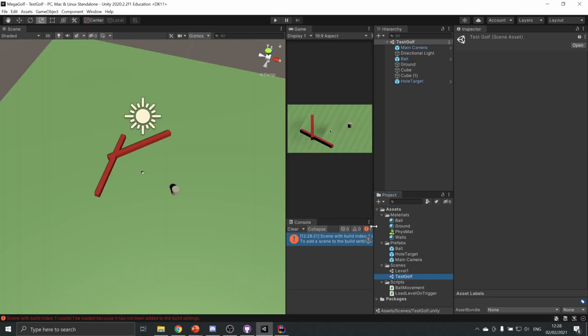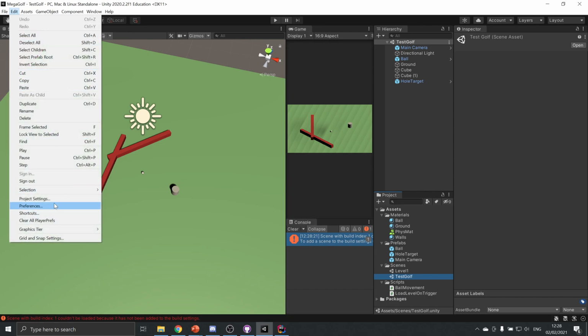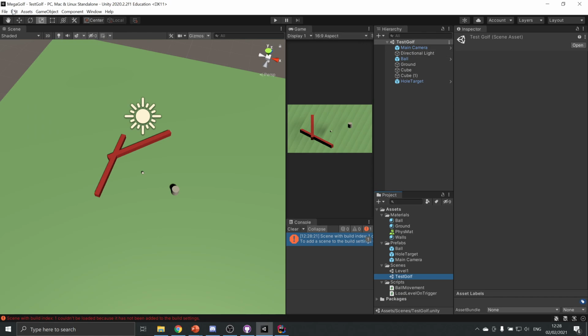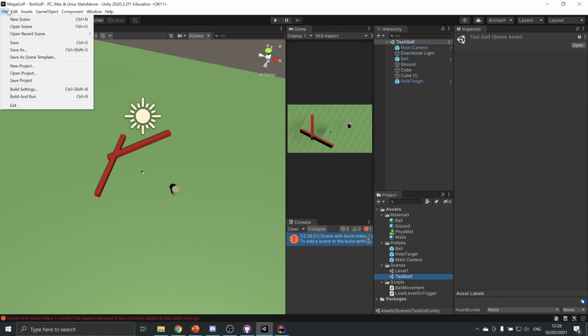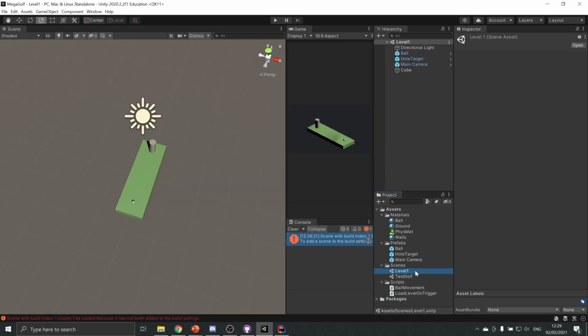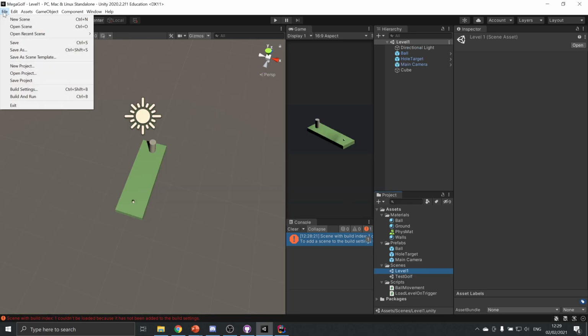Then I'm going to go back to the task level. I'm going to go edit, project settings. Sorry, that's not what I'm going to do. I need to do build settings. So that's in file, build settings, add open scene. Okay, and if you remember, the code was looking for a build index, so this is now build index 0. And if I open level 1 and do the same thing,